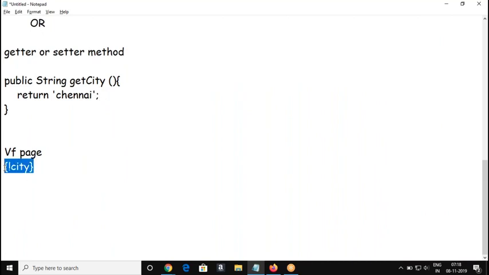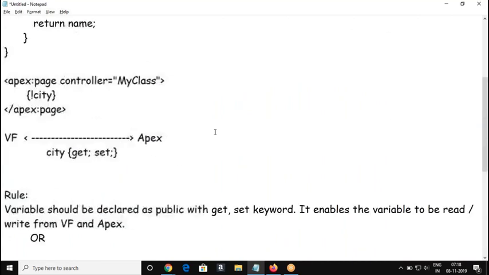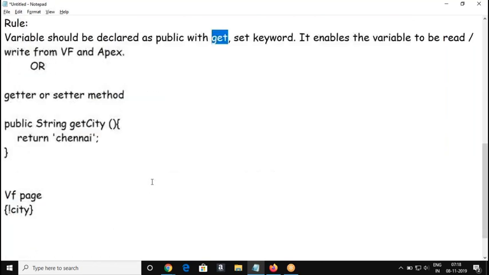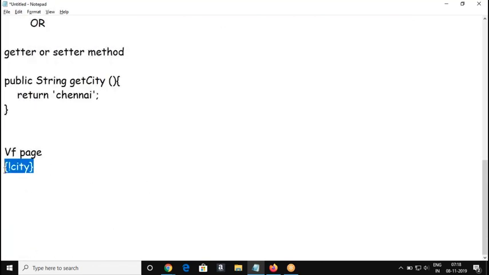When you are trying to read any variable, right? We know the get keyword is used to provide read access to the class member variable. When you do this statement in your Visualforce page, the application will look for that variable, whether it's declared as a property or as a getter method with the same name, prefixed with the get keyword. We are trying to read, so the getter method should return some value. The return type can be anything. The return type we have given is string here, and we are trying to return some string.